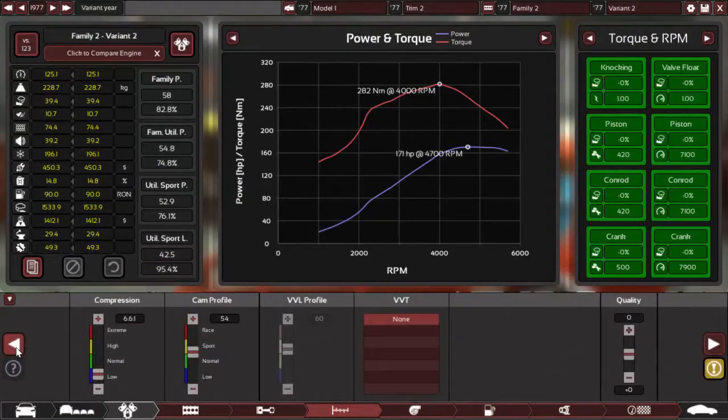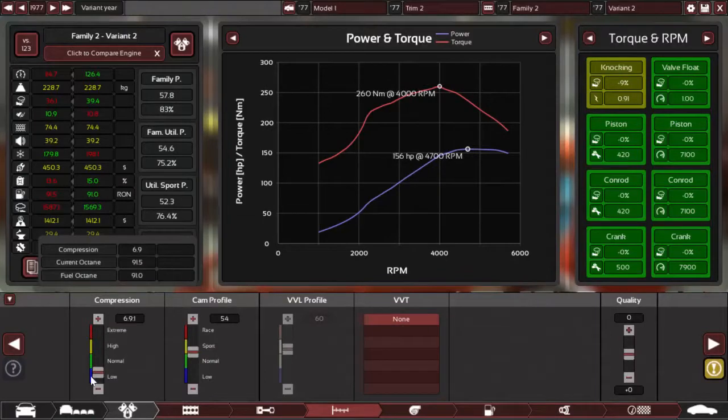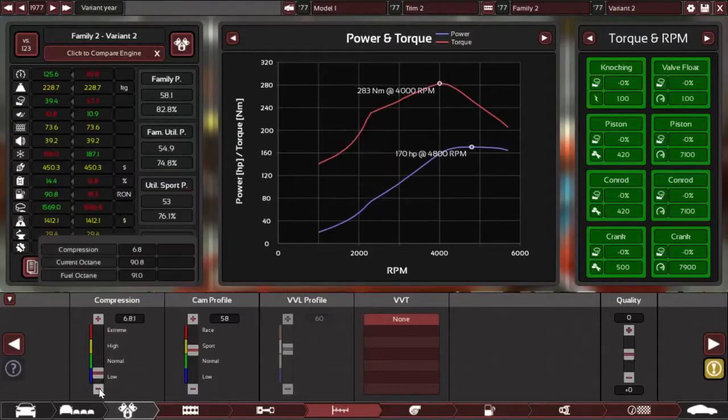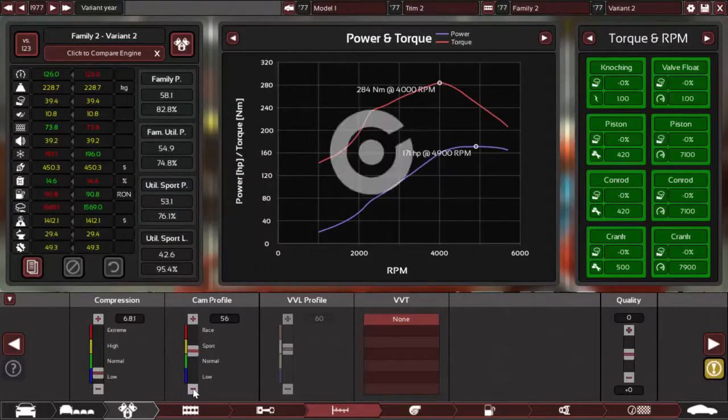We'll go with, let's see. Higher compression, yes, that's giving me more power. And along we go. No. You don't want to go there, so...